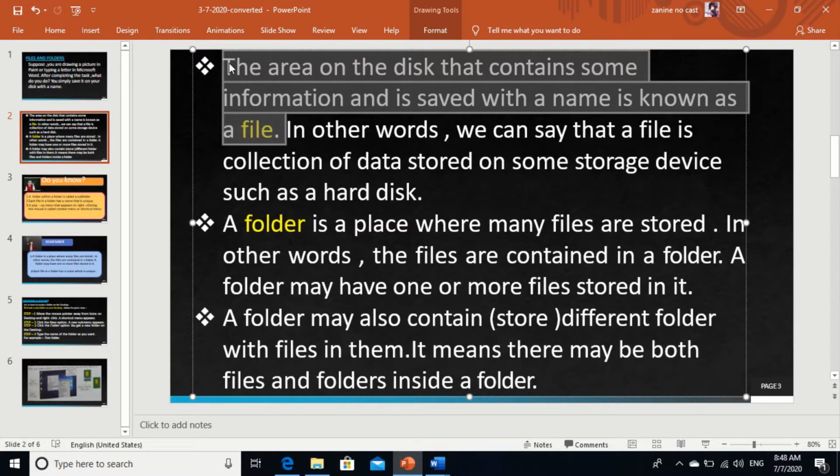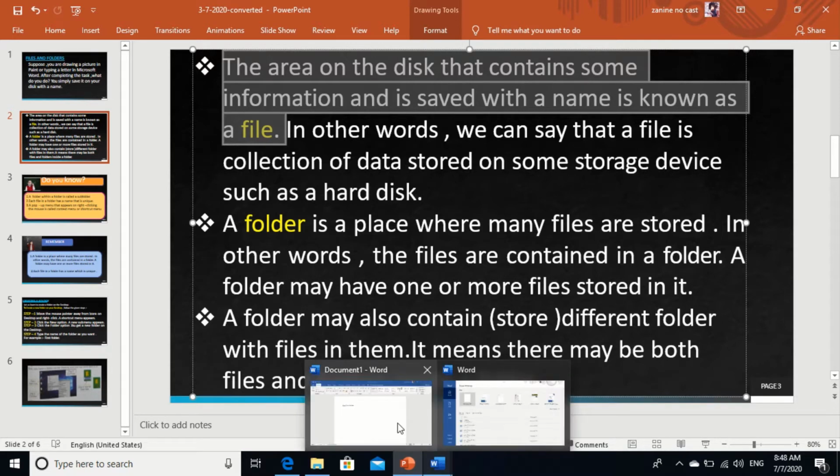Understood? So if I ask you what is a file, what should be your answer? The area on the disk that contains some information and is saved with a name is known as a file. Understood? So let me give an example.